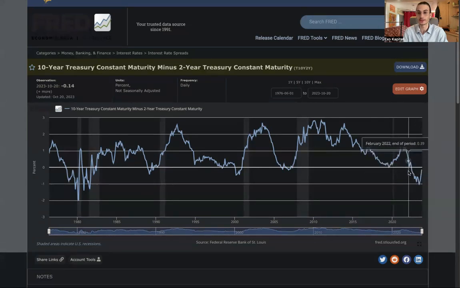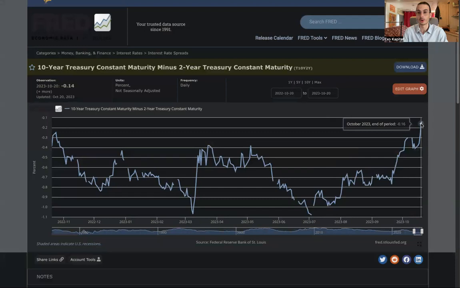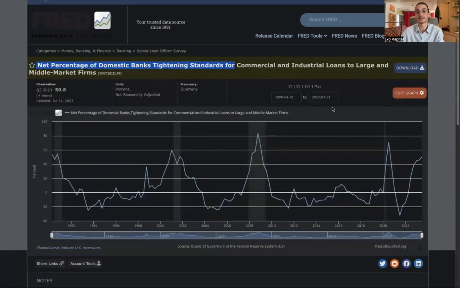Really, we touched it, let's say, in March 2022, but we inverted really in July 2022, third quarter of 2022. We are now close to the zero at actually here 0.14 points. So that's closer than the 0.16 I've said at the beginning. So that's the title of the video, and we'll be looking at this in the same time with the